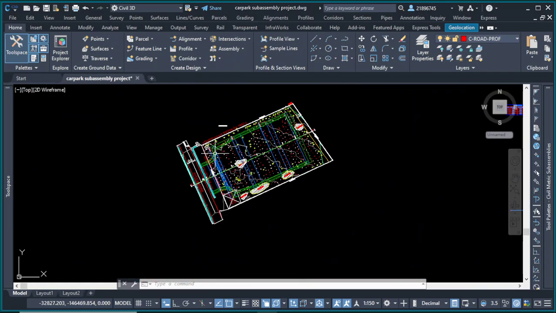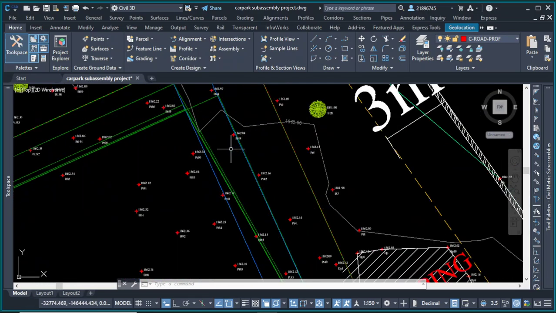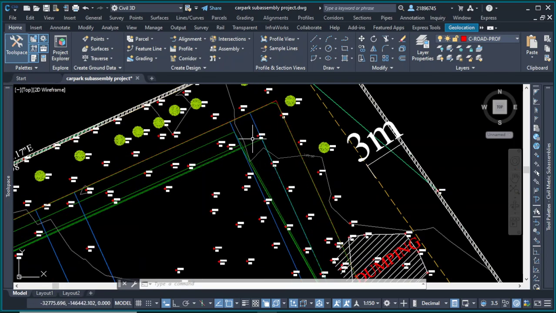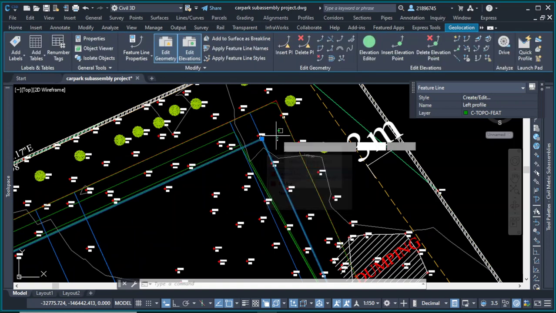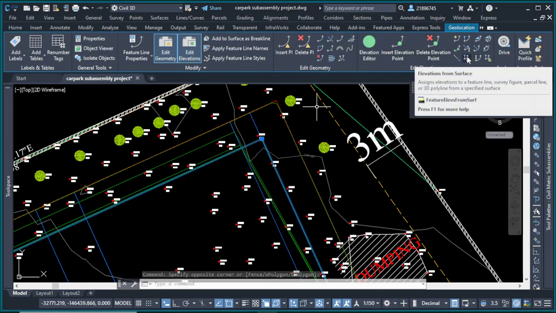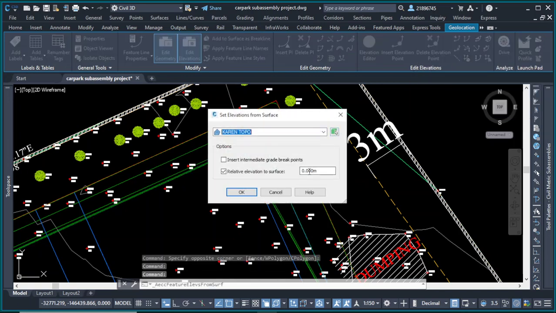So if we want them to attach to the surface, now we also need to target our surface, the elevations. So in this case, what I have here is featuring, and this featuring, if you check it here, it has been adjusted to 0 elevation from the surface, but now I don't want it to be 0 elevation from surface. I need it to be minus 0.5 or 0.3. Okay,